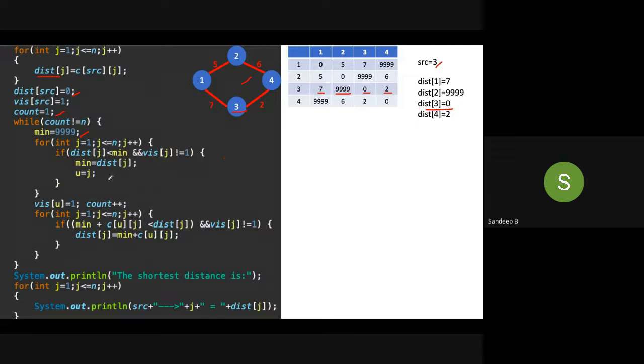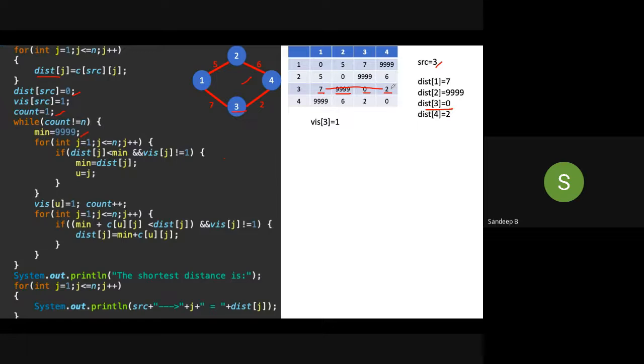Each time, it will check among these four values which one is the minimum value. So the for loop will run 4 times for these four values, and it will go on checking which one is the least value. Whichever is minimum, that it will take.